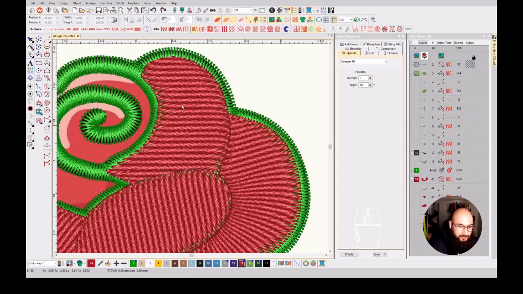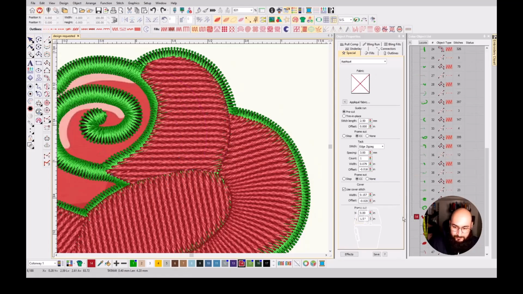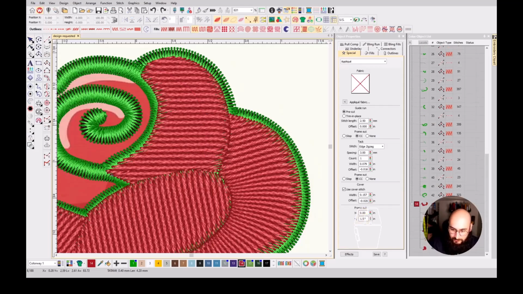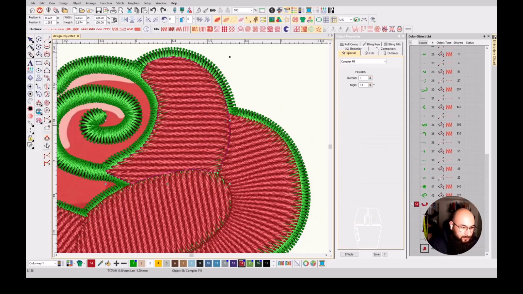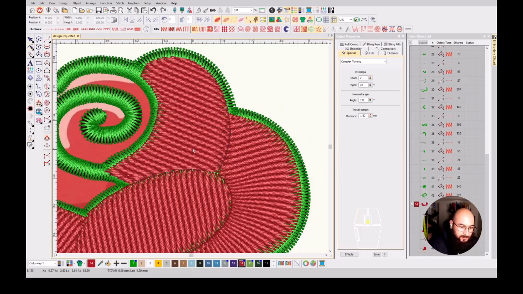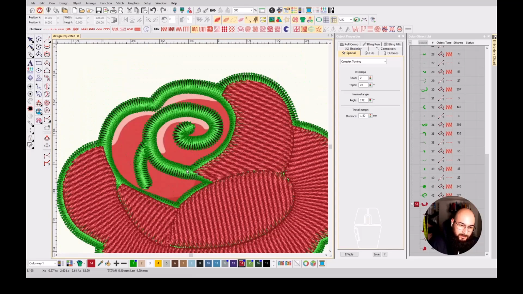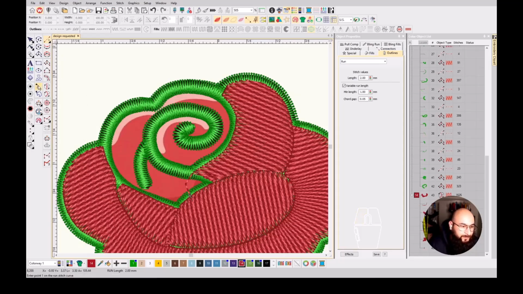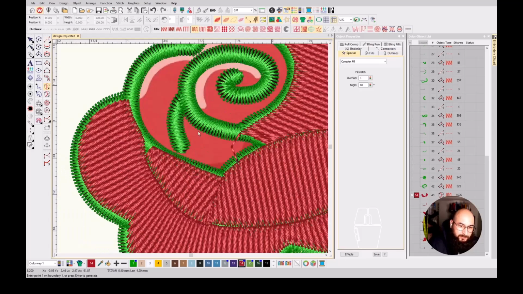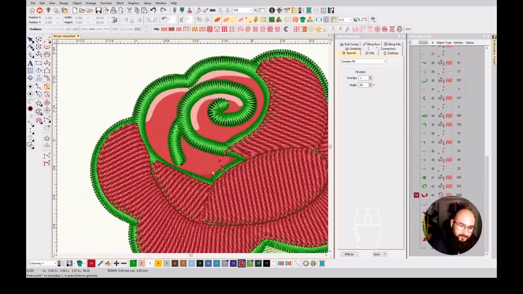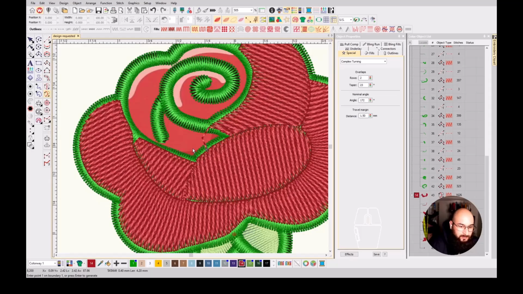Let me see. Where's it at? Yep, it only has one angle. Let me see. That's fine. Let me see. Bottom part over here. So I'm basically just gonna run over here. Enter. Complex fill. No, it's gonna be a complex turning. But